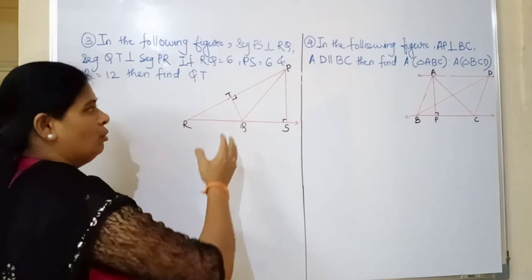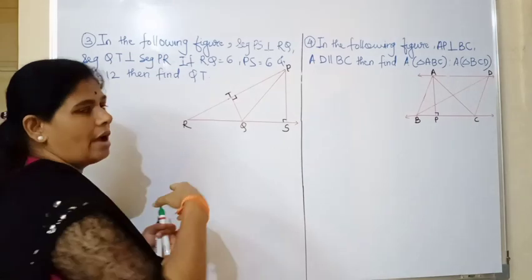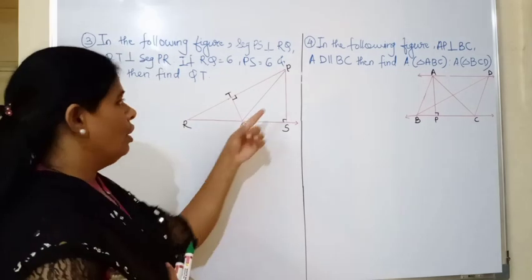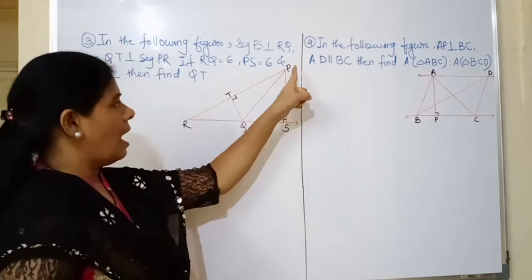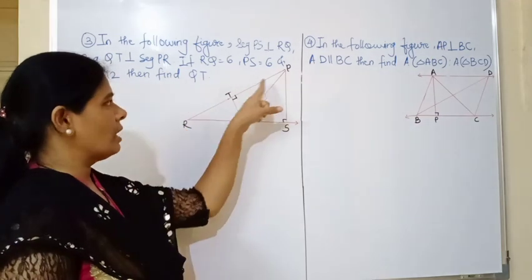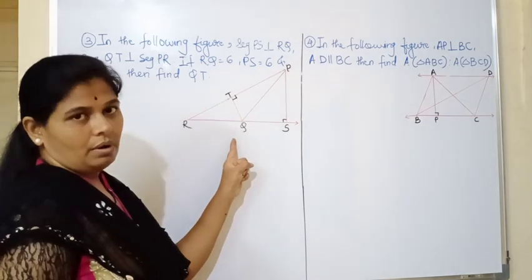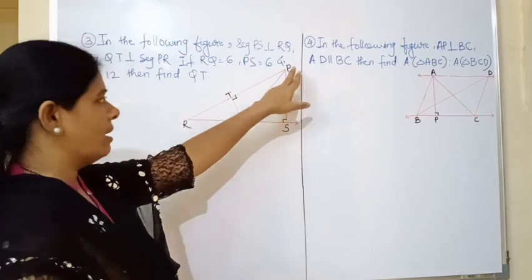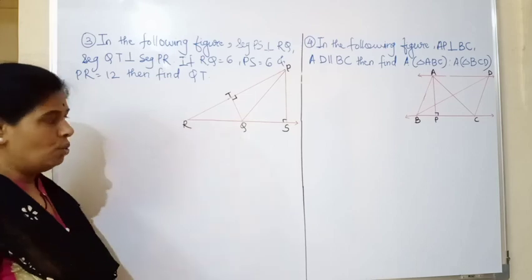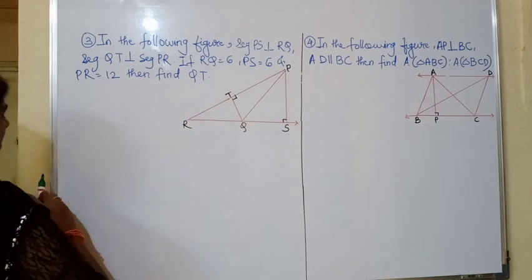So what we'll do, we'll move towards the other triangle. It is having a different base and height also. One more base and height we are able to see here. If we consider triangle PQR, the height is PS and the base is QR. And the other one, the base is PR and QT is the height. So we'll consider first of all the triangle whose height is PS and the base is QR. From that we will find the area of triangle PQR. So we'll solve the example now.